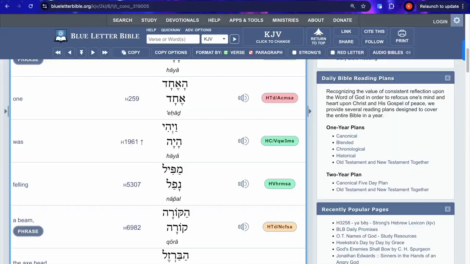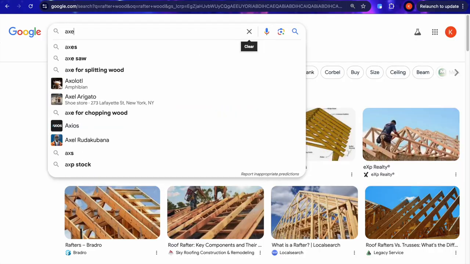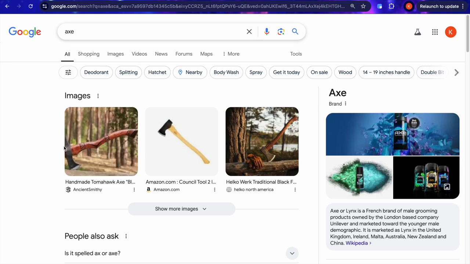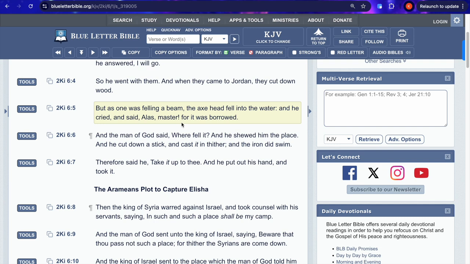Cool. So basically, as they're cutting this down, one of them, the head, because you know what an axe looks like. I'm sure we all know what an axe looks like, right? So you can see something like this, for example. You have the actual head of the axe here, and then you have the wood that's going in between it. So as you're swinging, if it's not tightly set on the wood, then it can actually slip off, and that's what happened in this case. So the axe ends up slipping off,